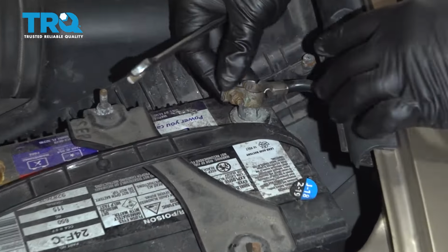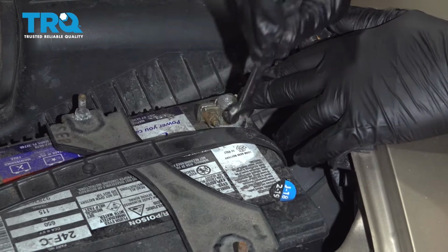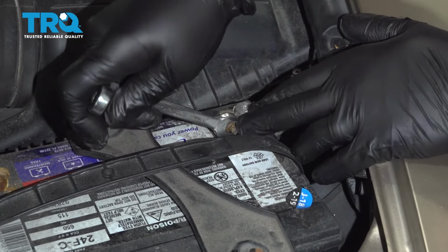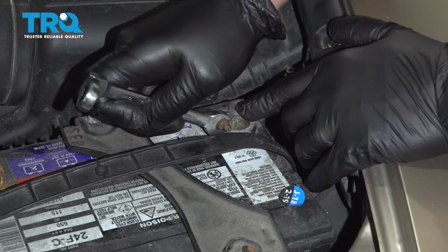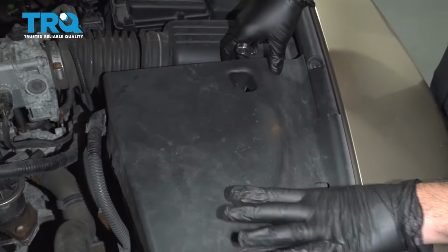Go ahead and grab your negative terminal, put that on. We'll go ahead and snug up our battery. Once that's on, go ahead and grab your cover, line that up,